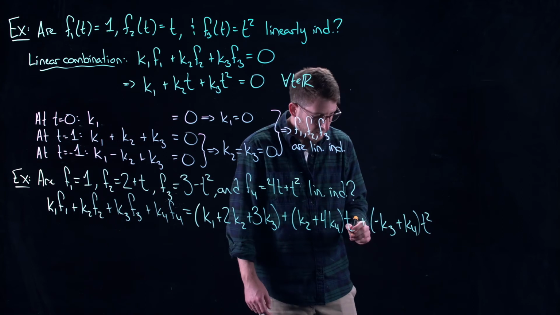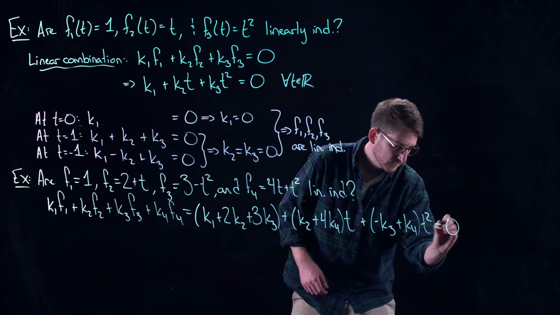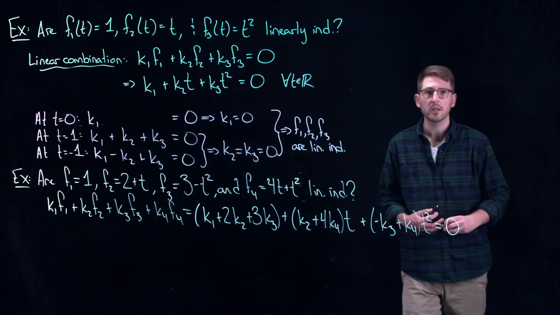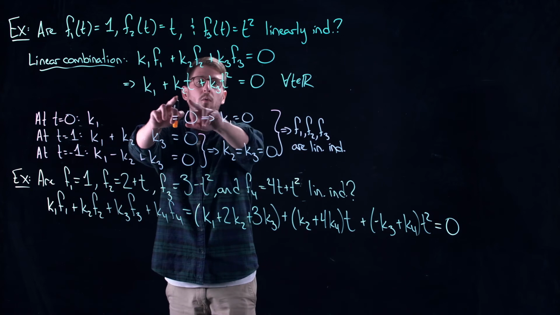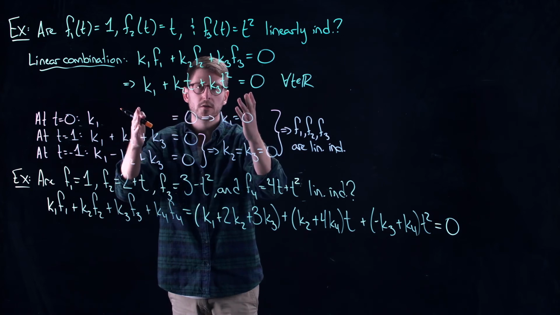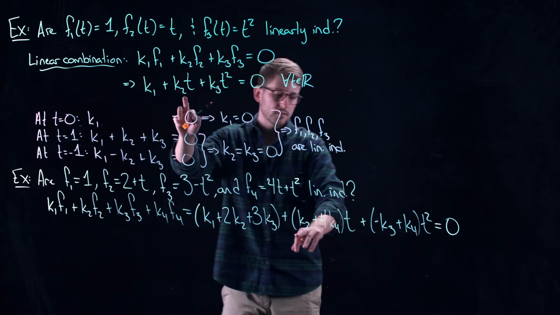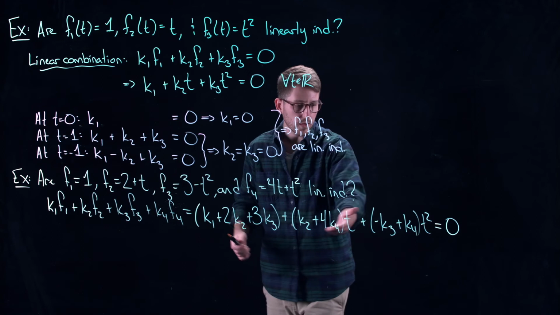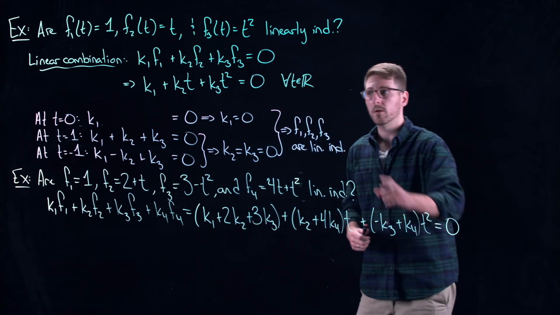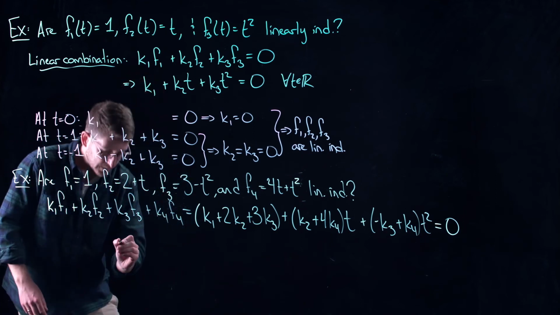And remember, I want this thing equal to 0, okay? Now, this is a polynomial equation. If it's going to be equal to 0, it's essentially going to be what I just showed in the previous equation, right? Because this is constant, plus t term, plus t squared term. Now, the only way that this thing can be equal to 0 from what I just showed in the previous example is we need,